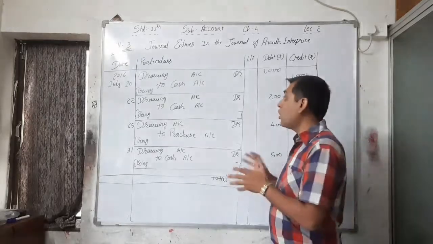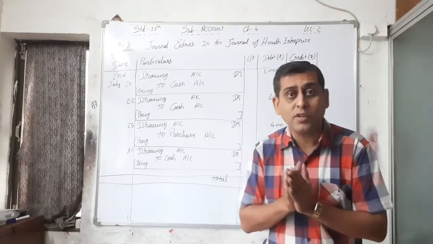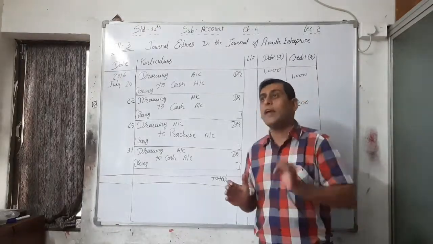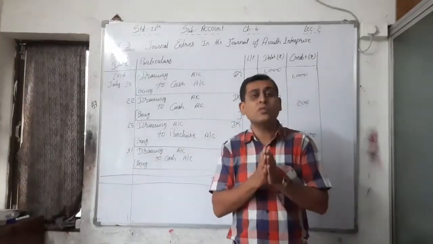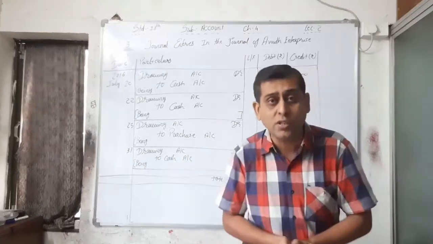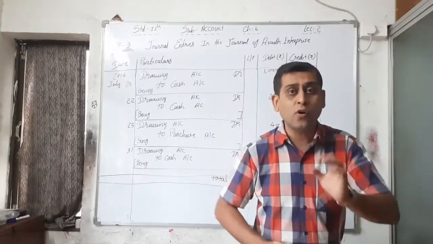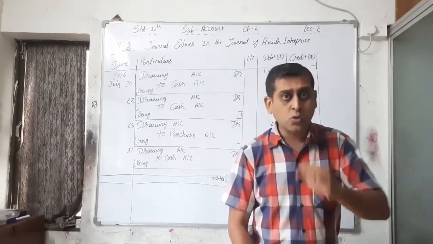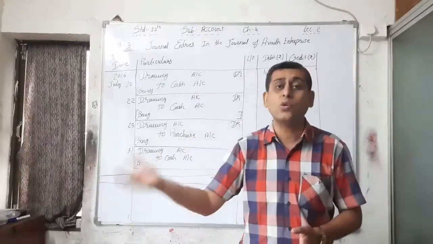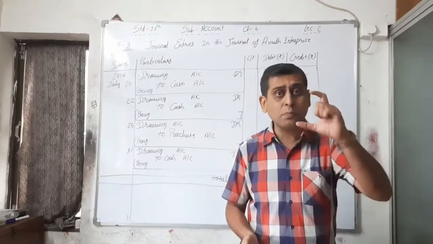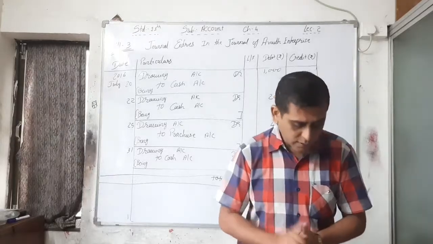That means the whole account, all the transactions, is given in your examination. But for your specific understanding, the types of accounts and the different types of transactions and topics are given for your better understanding. Please keep in mind, not only the capital account and not only the drawing account will be asked in your examination. It is just a part of that particular whole sum. Okay, please keep in mind.